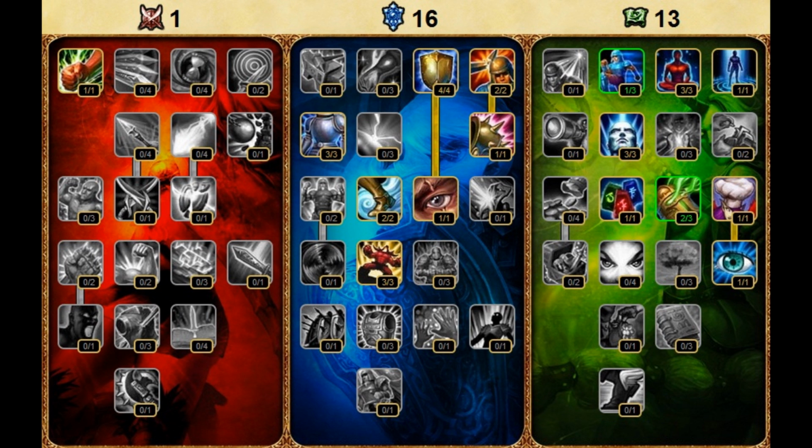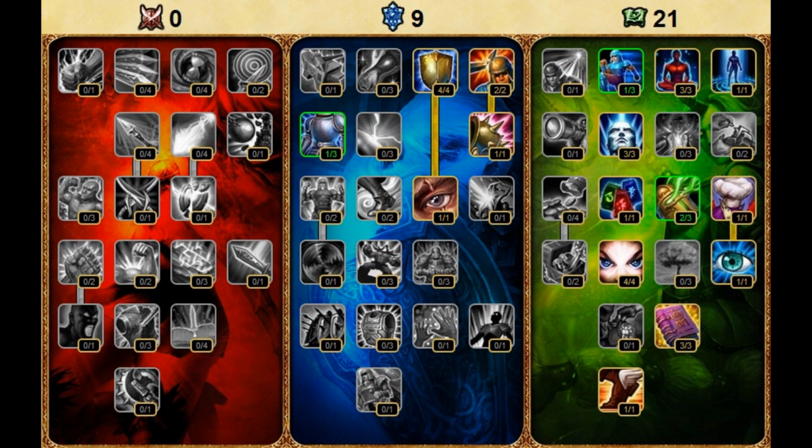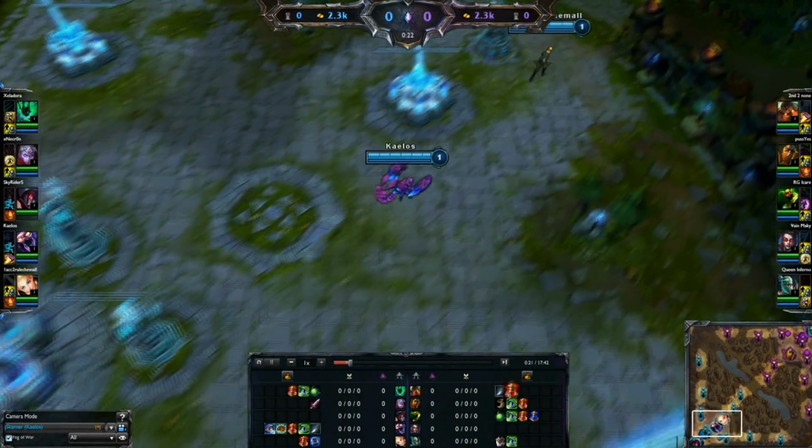However, there are other alternatives. If you want to go super defensive, I'd recommend 0-21-9, and if you want to go deep into utility, 0-9-21, as shown on screen. So game starts, and right off the bat you see me getting Machete plus 2 potions